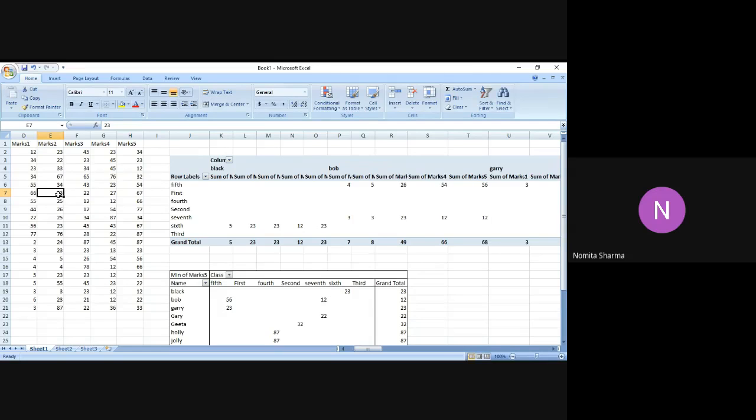Especially in a scenario where you have more duplicate numbers, more duplicate names, or duplicated data, it becomes very difficult to track down the movement of the data. That is why we prefer not to work around with the master table. We just let it be like that, and then we try to make a change in the pivot table, which is a very flexible table.